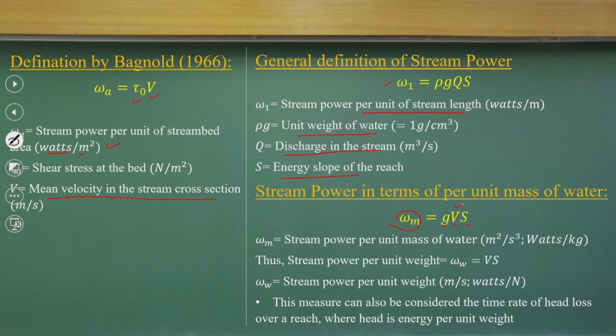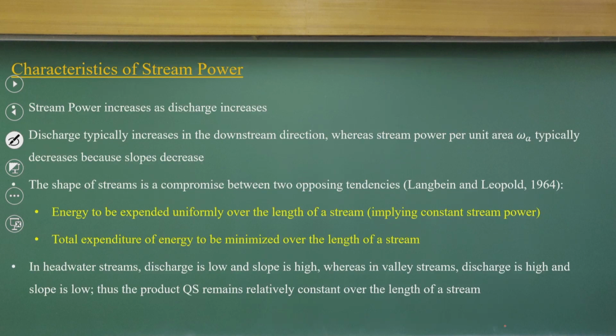V is the velocity, you can consider the mean velocity, and S stands for the friction slope, which considers the time rate of energy head losses over a reach, that is, how much energy per unit weight is being lost as we have the stream power. Now, if you look at what actually happens,